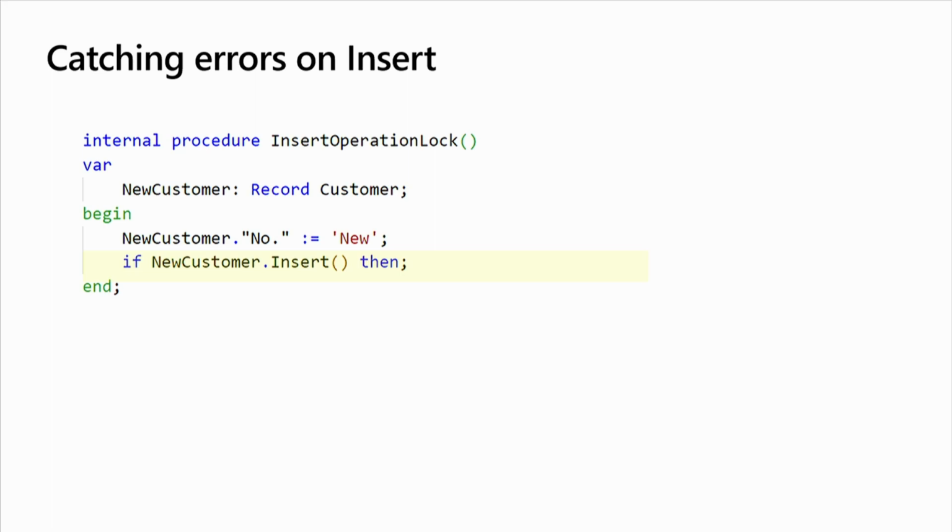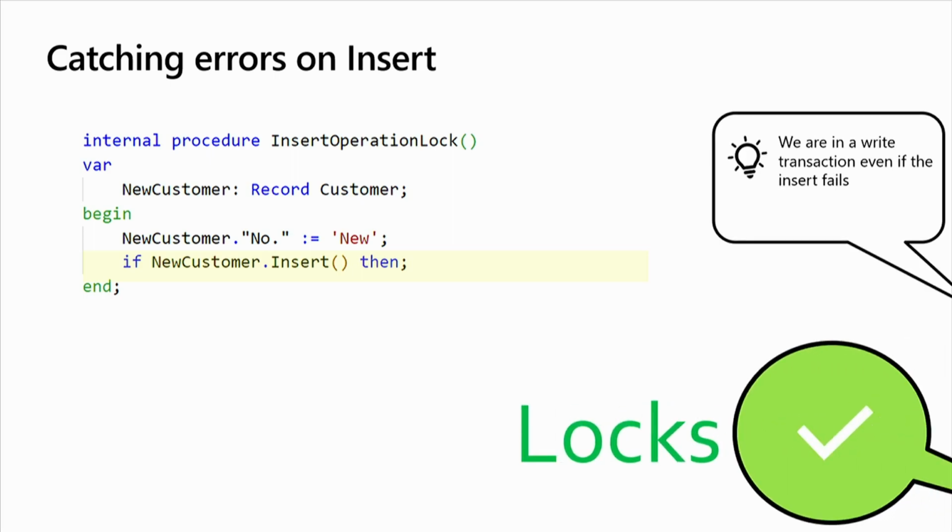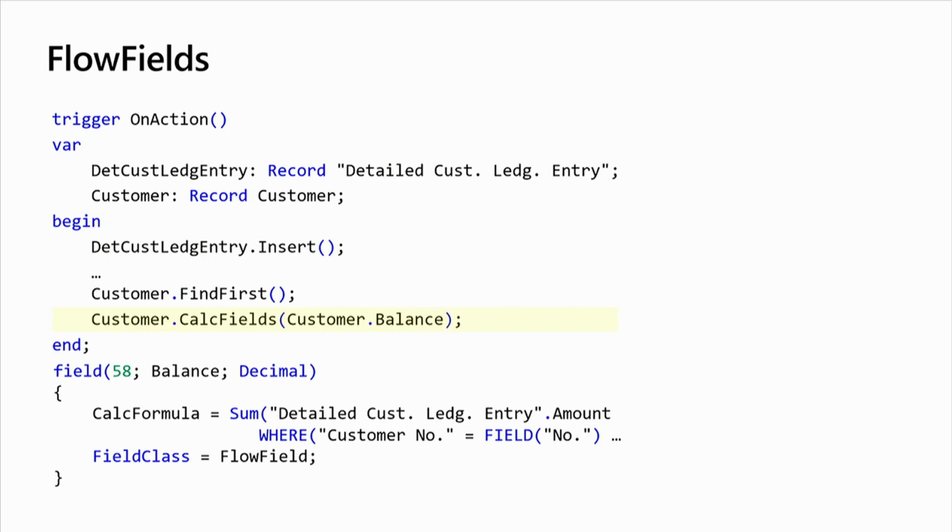All right, sample more. We do an insert. Insert fails, but what happens after the insert if it fails? Exactly. So we are in a write transaction again, and logging has appeared. We have to change to write transaction, and that means that we'll be in the log mode. And the last one,